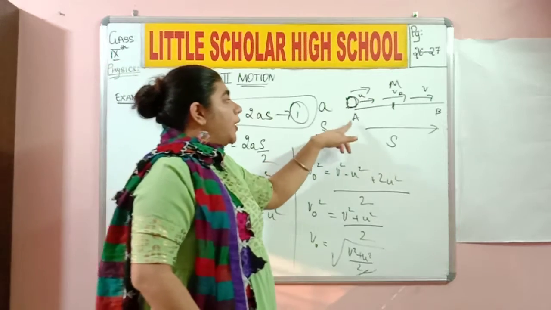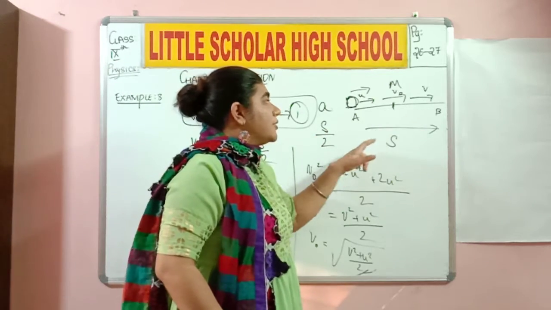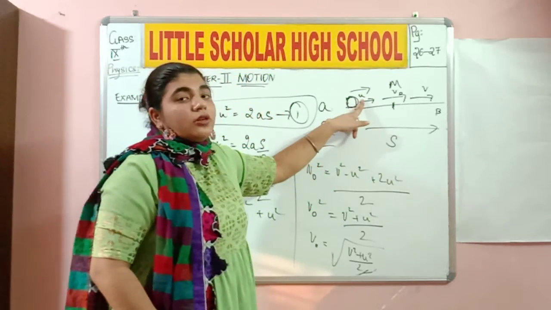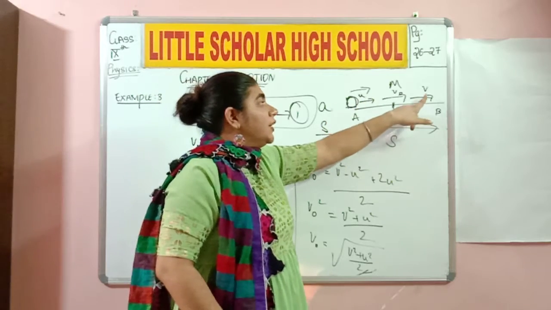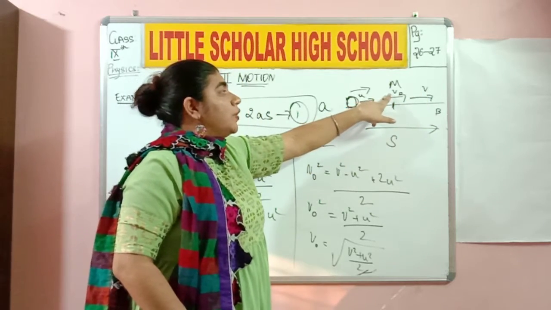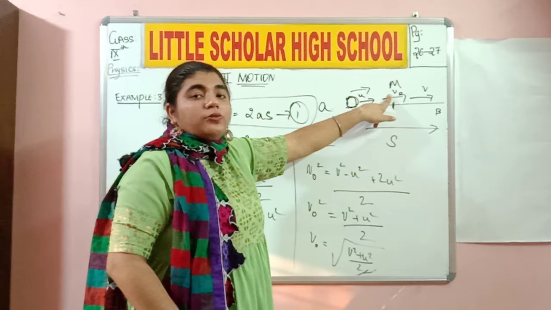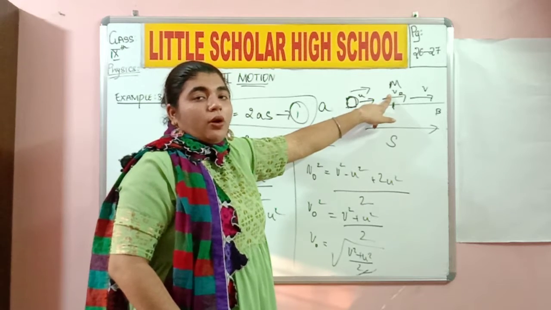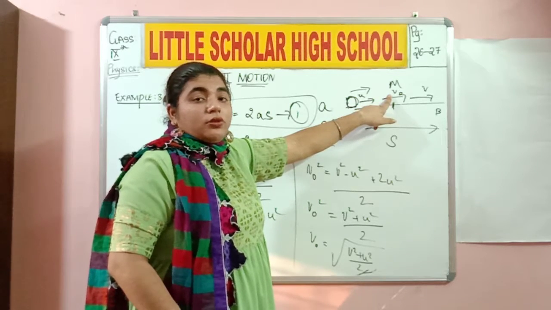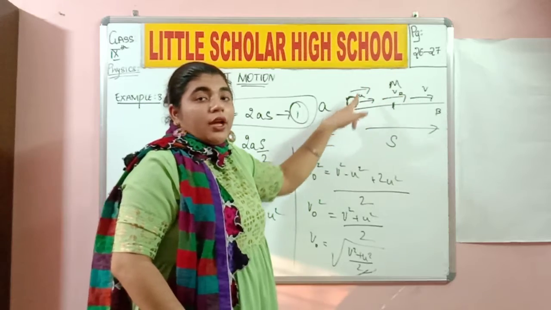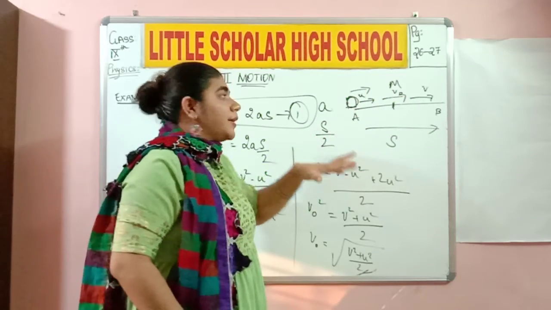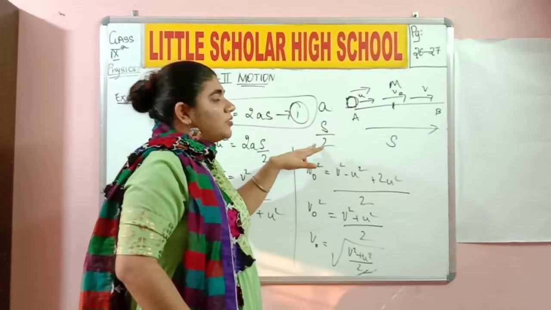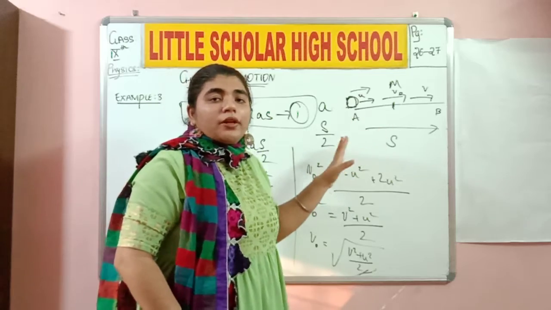So what are the 2 points A and B? What is the entire distance s? What is the initial velocity u? What is the final velocity v? We need to find out the velocity of the object. What is the velocity of the object written as VO or V naught? We need to find out the velocity of the object at the midpoint, and the body was moving with the uniform acceleration a, and how much distance did it cover till the midpoint? s by 2.